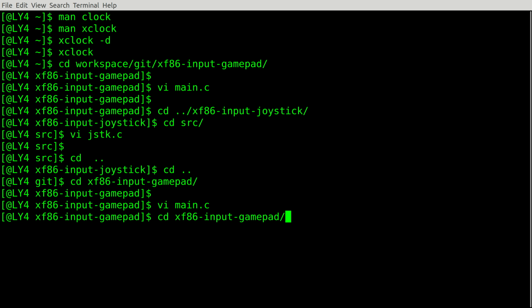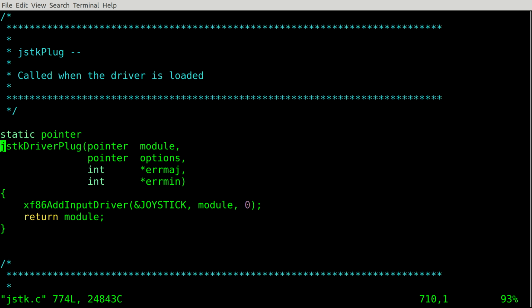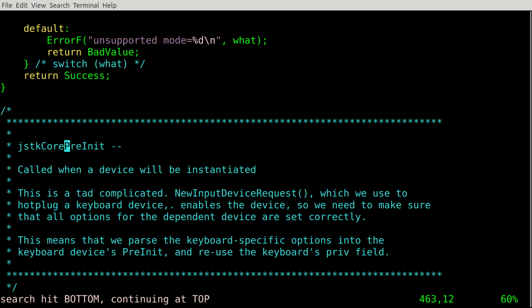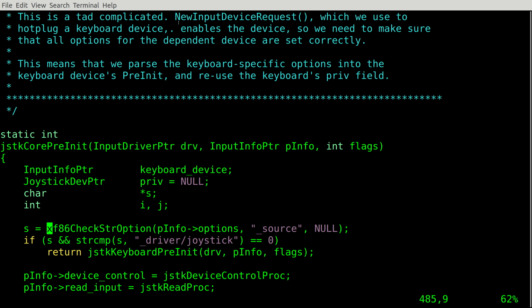the xserver code. Okay, let me go back to joystick. Okay, I have to go back here. Joystick.c, we saw this, and we also have to look at the pre-initialization code. This one takes an input driver pointer and some information data structure, and this one is quite complicated because